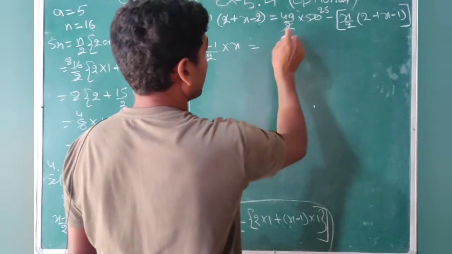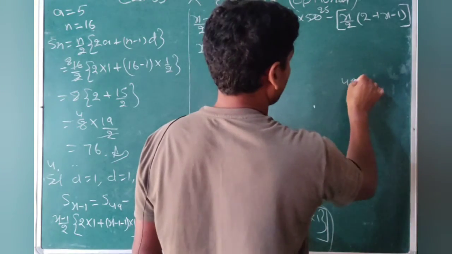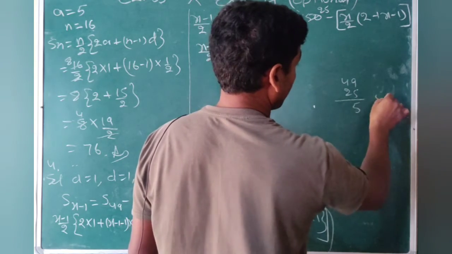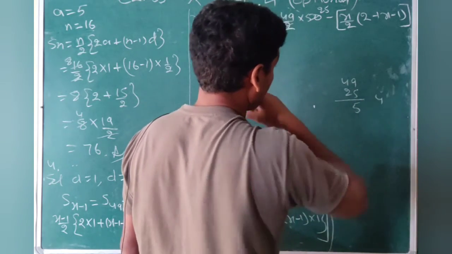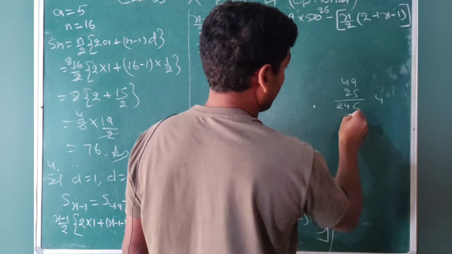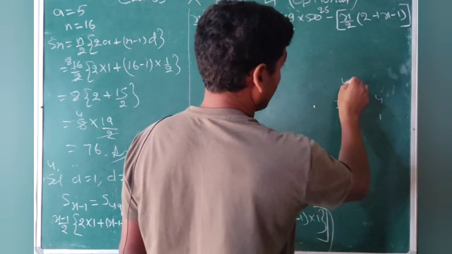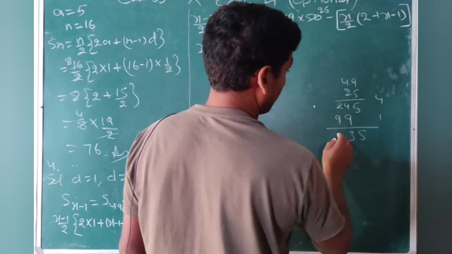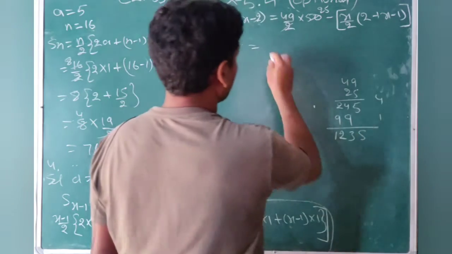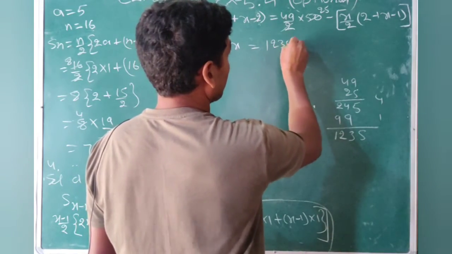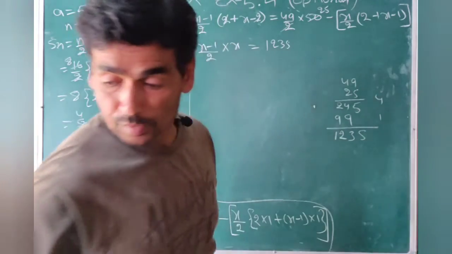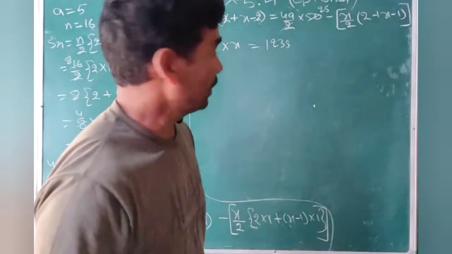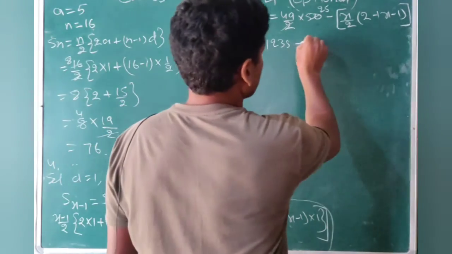25, so that multiply of that one, 49 multiply 25, which is 1225. Or if you don't want to multiply, then also we can do that one, and then minus